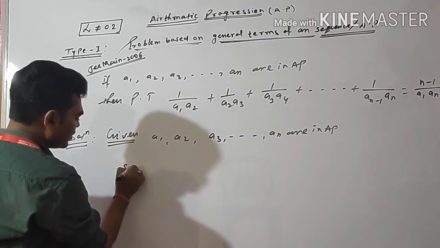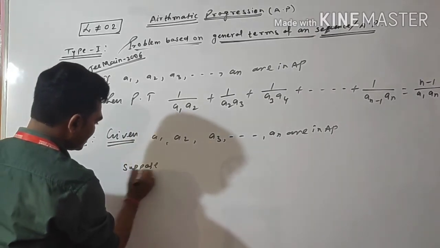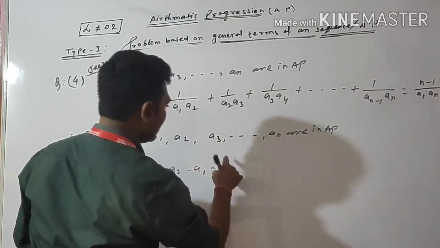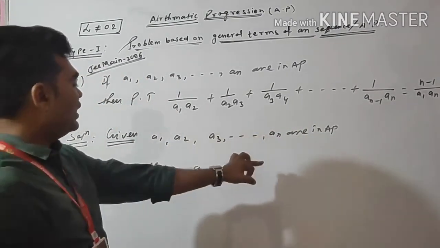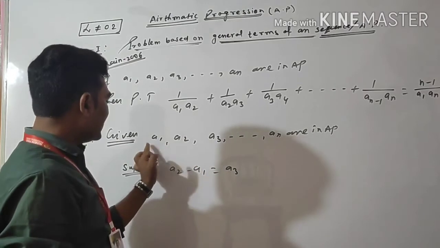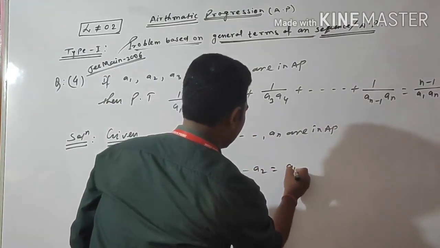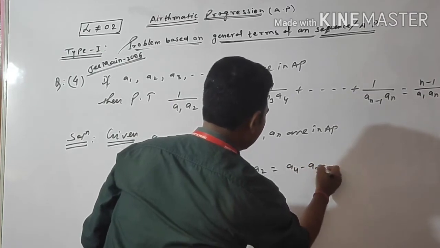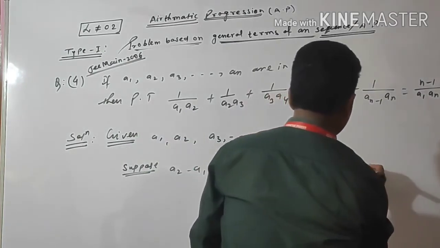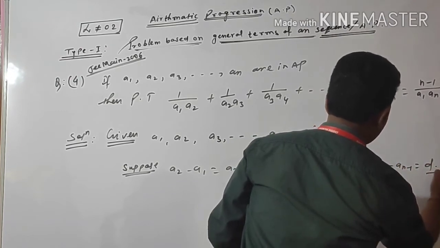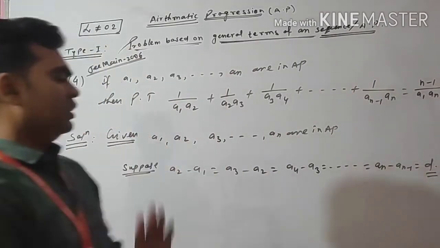Just suppose, because this sequence is in AP, therefore A2 minus A1 equals A3 minus A2 equals A4 minus A3, and finally An minus An minus 1, this equals D. We suppose this equals D. Okay,